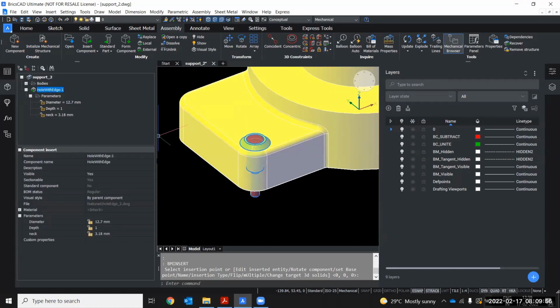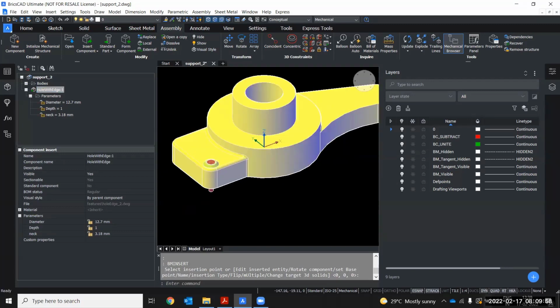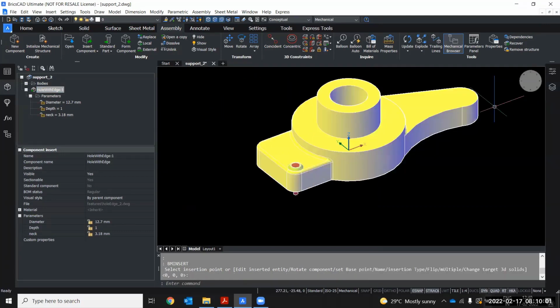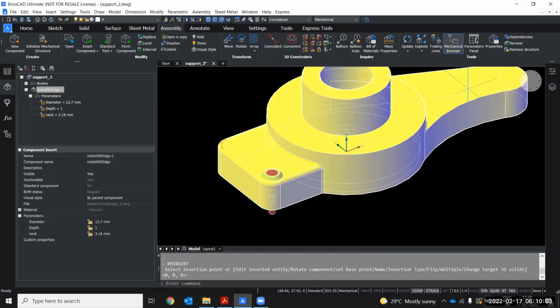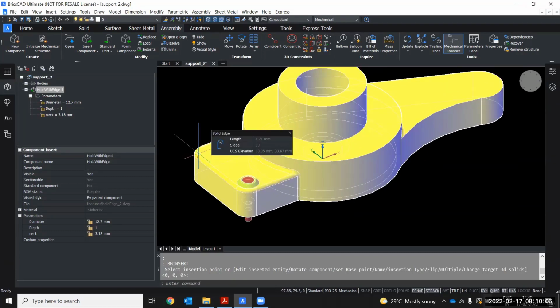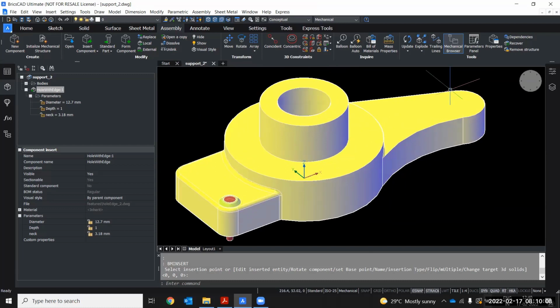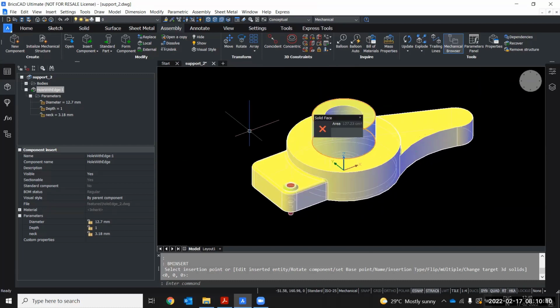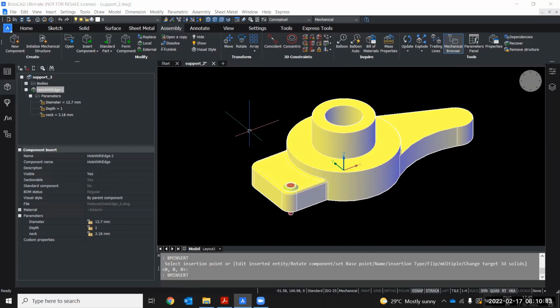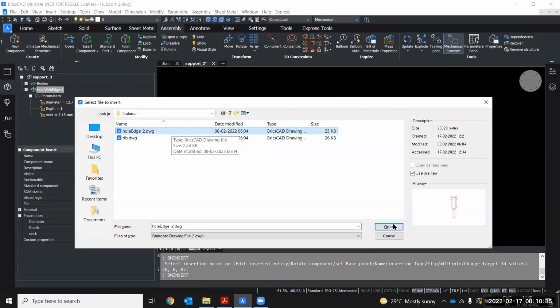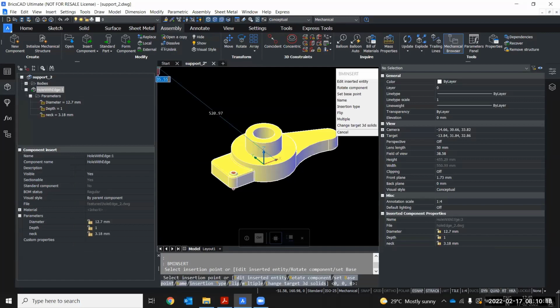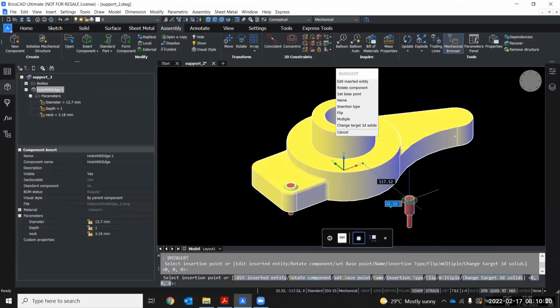All right. Now I want to place multiple such inserts inside this drawing. So I will create two more inserts, one across this particular position and one across this particular position. Okay, so I just type in BM insert once again. I'll select the drawing. And this time around, since I do not want to keep on executing the BM insert command, I can type in U or select this multiple option